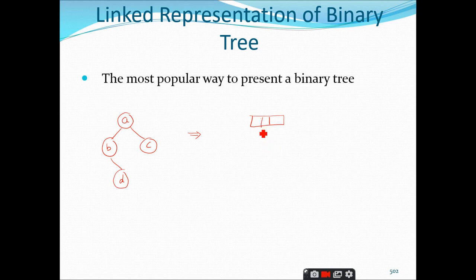But as I told, a node in a linked list can be divided into any number of parts. Am I right or not? Yes, sir. It depends on our implementation. So if we are implementing the singly linked list, we are going to divide the node into two parts, where the first part is going to store the information and the second part is going to store the address of the next element, right?